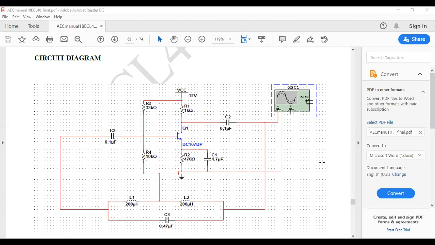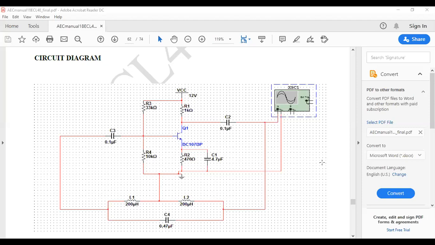When the power supply is switched on, the transistor starts conducting and the collector current increases. As a result, the capacitor C1 starts charging, and when the capacitor C1 is fully charged, it starts discharging through the coil L1. This charging and discharging creates a series of damped oscillations in the tank circuit, and this is the key point here. The oscillation produced by the tank circuit is coupled to the base of Q1, the transistor, and it appears in amplified form across the collector and emitter of the transistor.